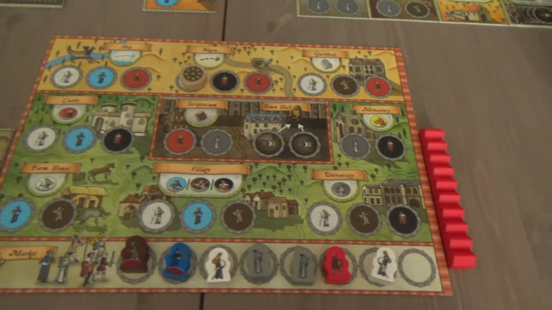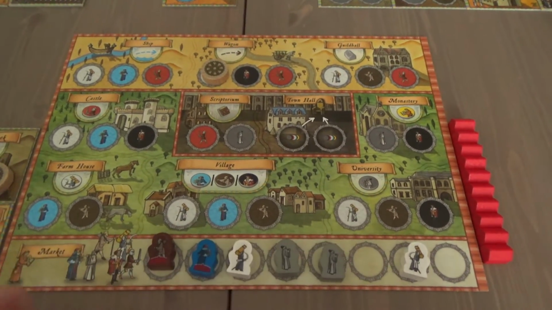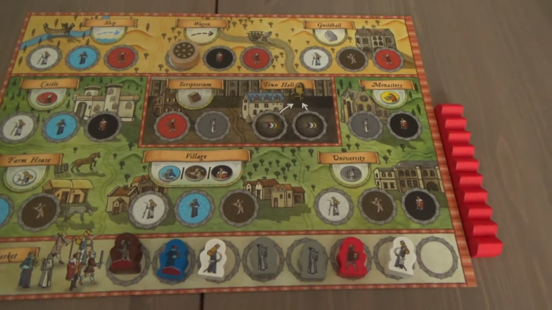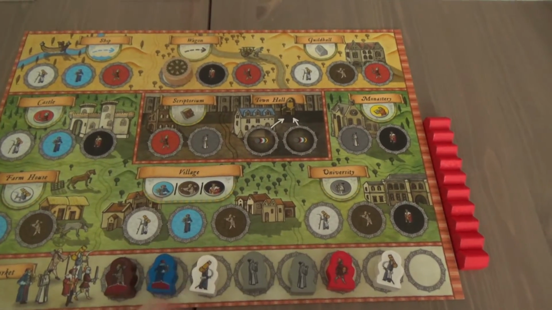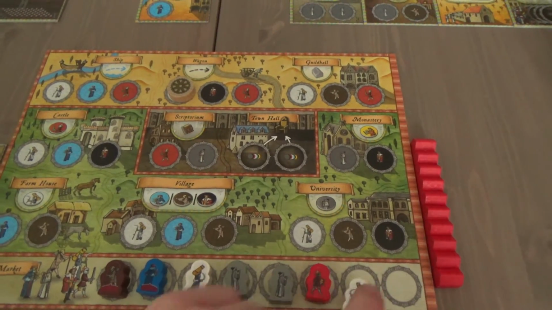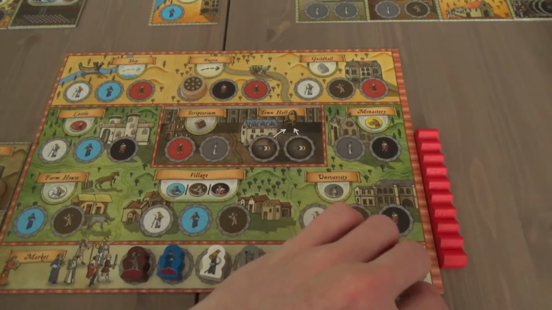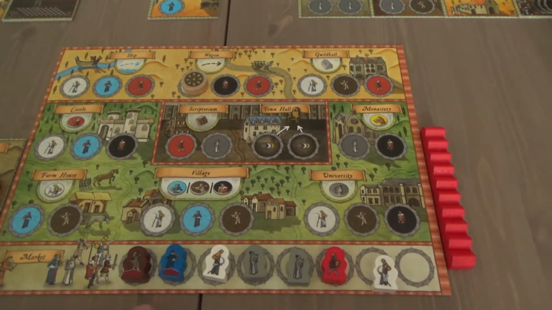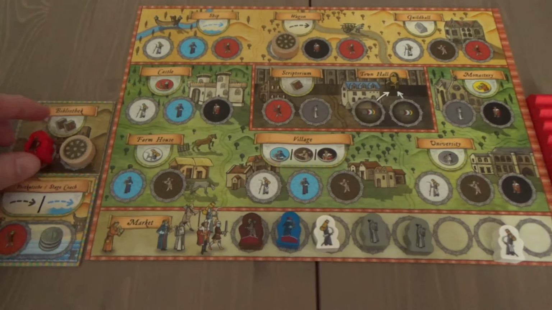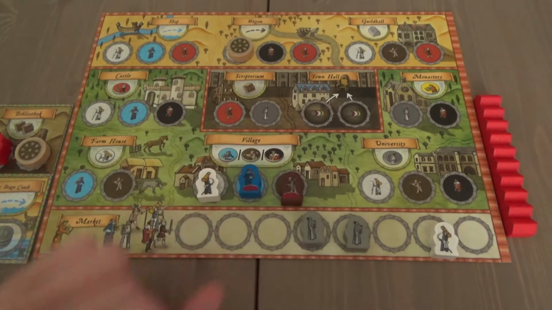And how will we earn money? It might be a case of just moving up the book track again, although I am not getting much done in the way of actually getting some citizen tiles. I haven't got a trader as well this round, so let's send him here to the library again, and let's send these guys to the village,